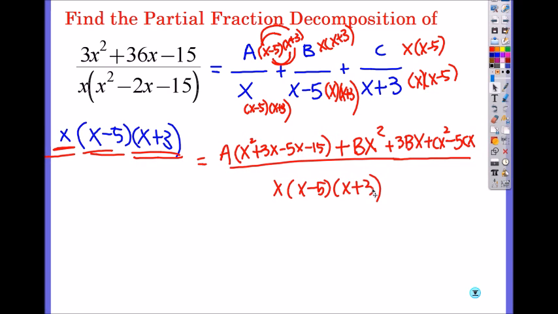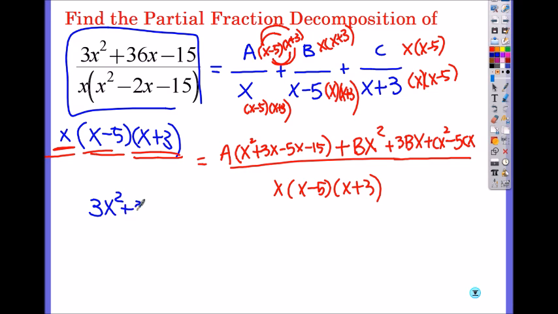Oh, yes. And this equals that, which is equal to that, right? And they have the same denominator. Do you guys see it? That means their numerators must be equal. So let's just work with the numerators from here. 3x squared plus 36x minus 15 equals